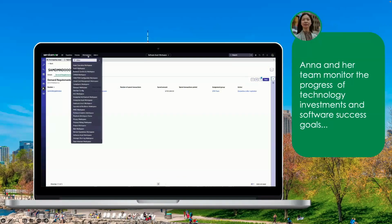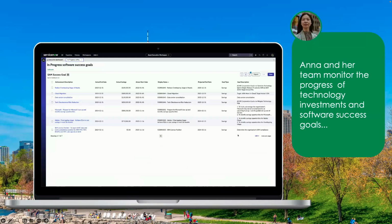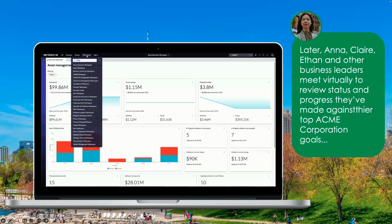And Anna and her team are also responsible for monitoring the progress of technology investment goals. As a result of the software success goals, they can monitor progress against goals and deliver value more rapidly through close collaboration with the enterprise architecture team. Fast forward in time,